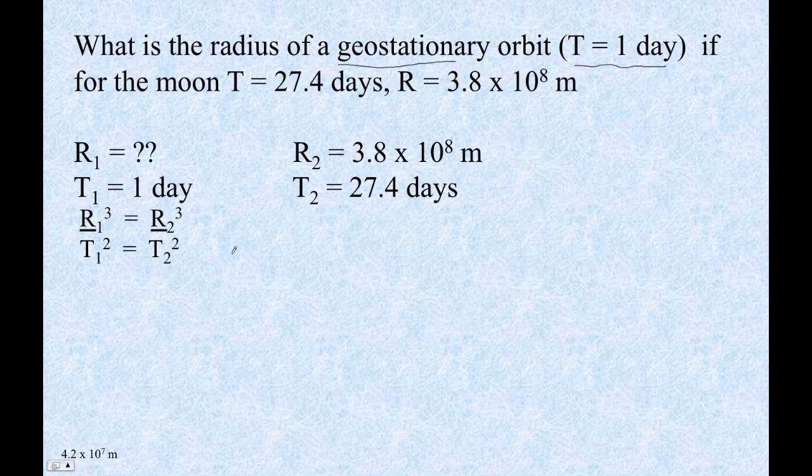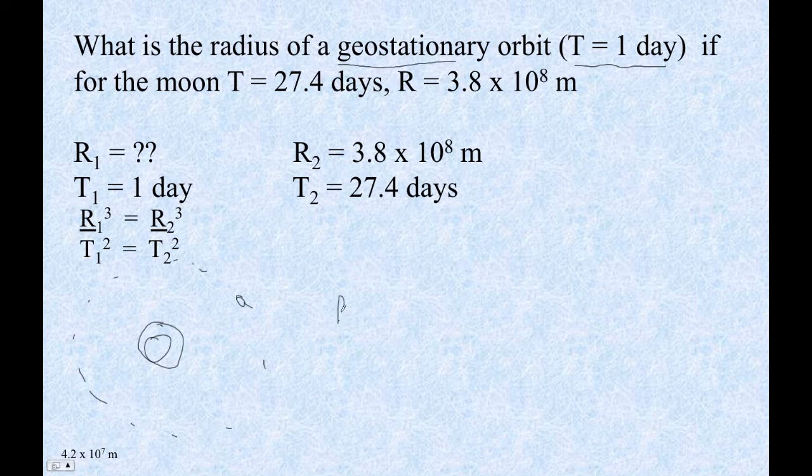So we've got these two objects. Here's Earth, and here's the moon out here orbiting. Geostationary orbit's much closer. Okay, so we'll say the moon is object number 2. So we're going to go